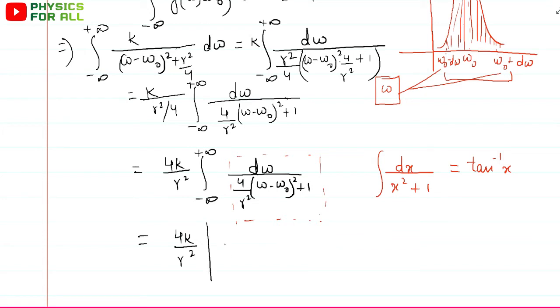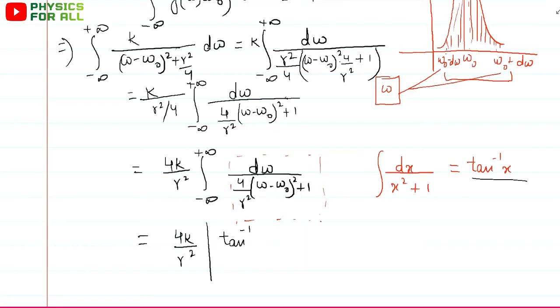Remember, all the symbols, all the characters that we use, they have their own meaning. Since I'm putting the solved value here, if we solve this integral, we would get something like this, tan inverse of the quantity. So here I'm putting the solved value, but I'm not putting the limits. So that's why I'm going to use a bar. So bar would state as something like this. This would be tan inverse. Inverse of what? This thing.